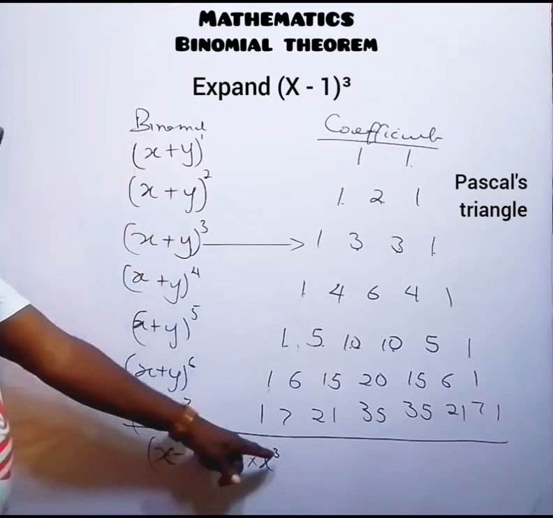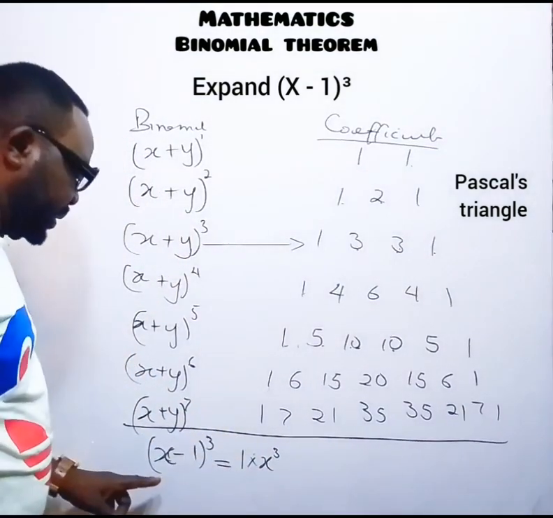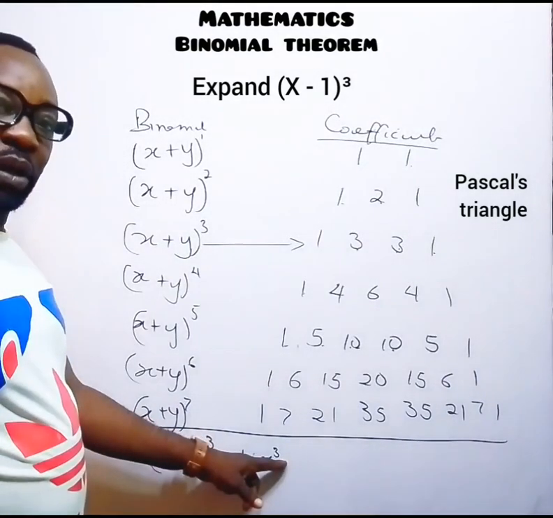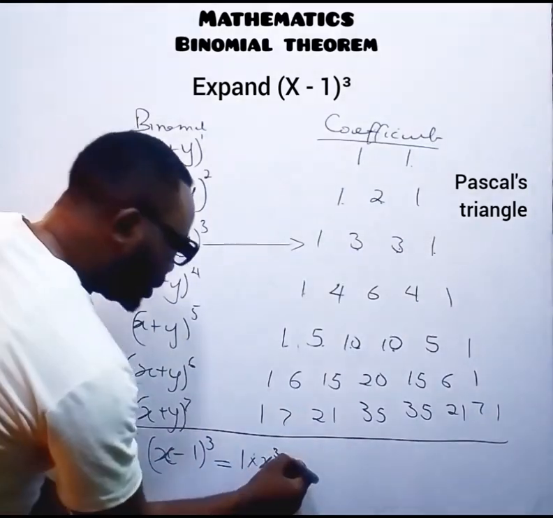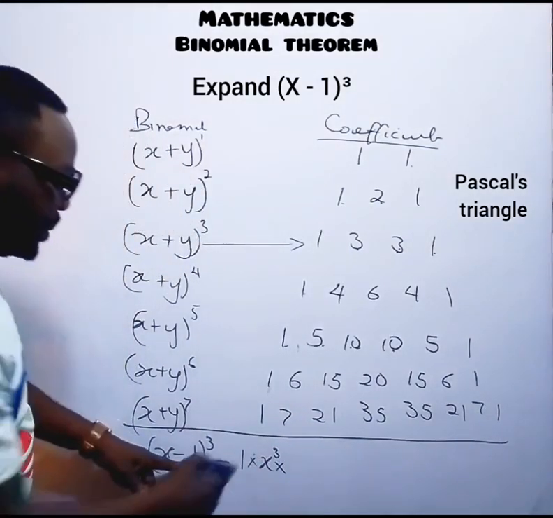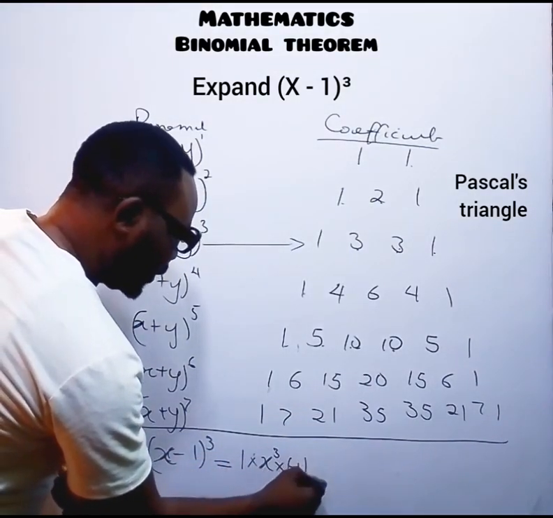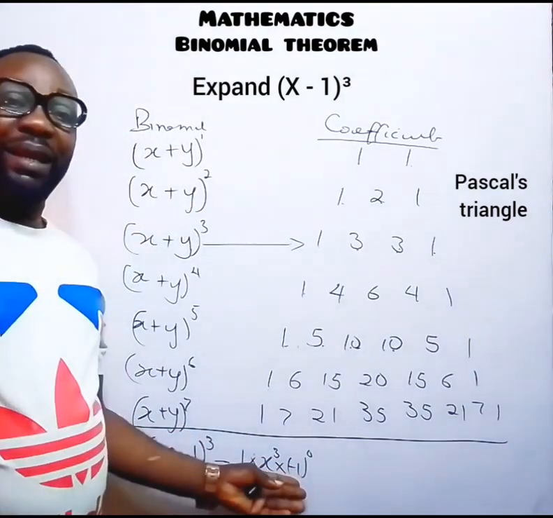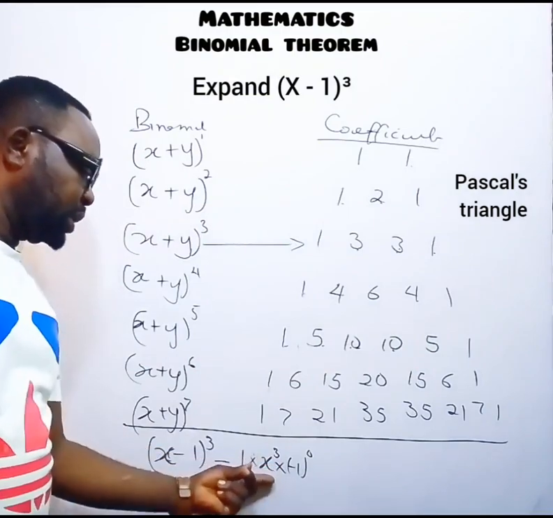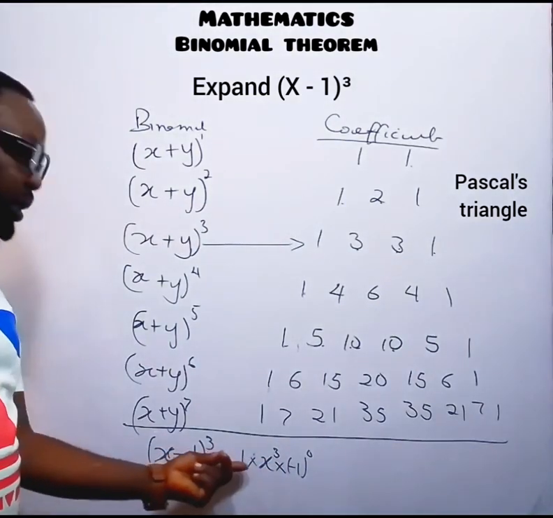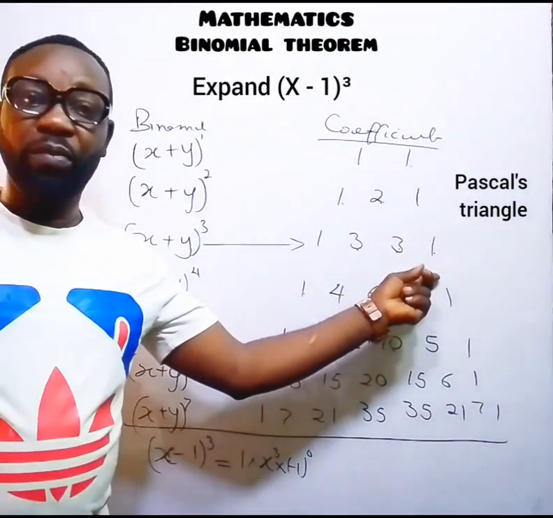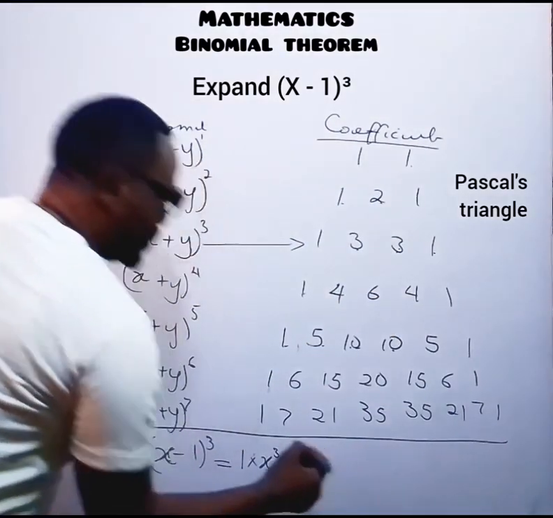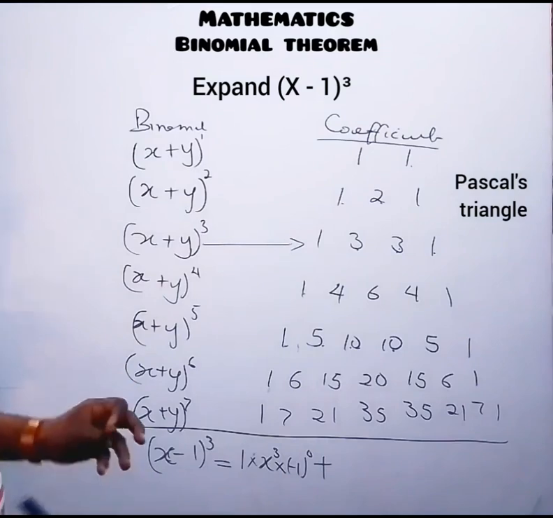Don't forget, we said that the power on the first term, this is the first term here, will be raised to the power of the highest power, and it will be descending. Multiply by what again? Minus 1 raised to the power of 0. You can see this one will now be going in ascending order, while this will be going in descending order. This is the coefficient as we have gotten from our Pascal triangle. Now, plus,